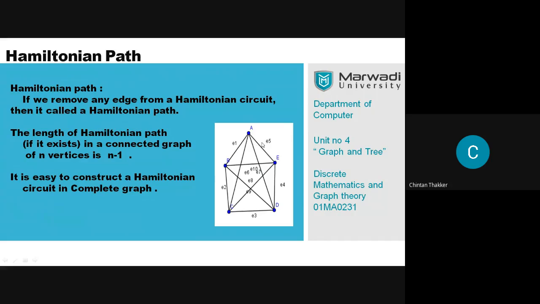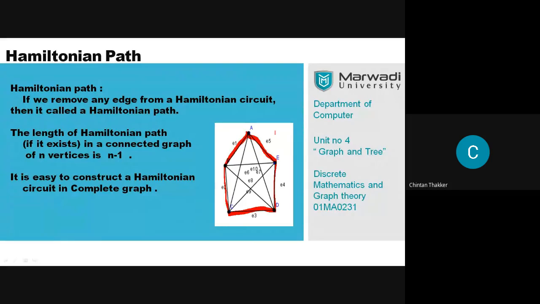So here one circuit is A, E1, B, E2, C, E3, D, E4, E, E5, A. Okay. One circuit is this one, which contains all